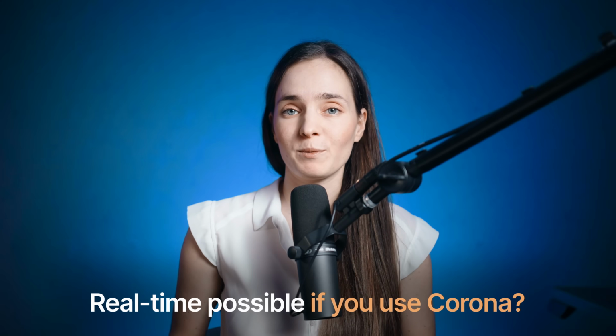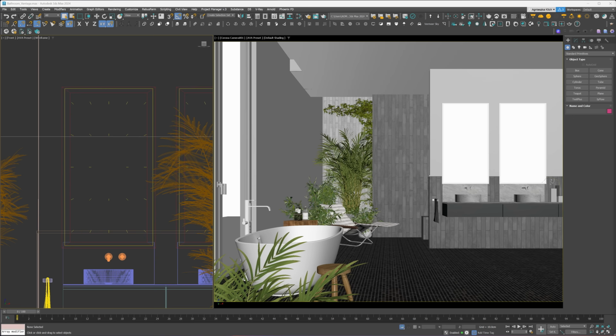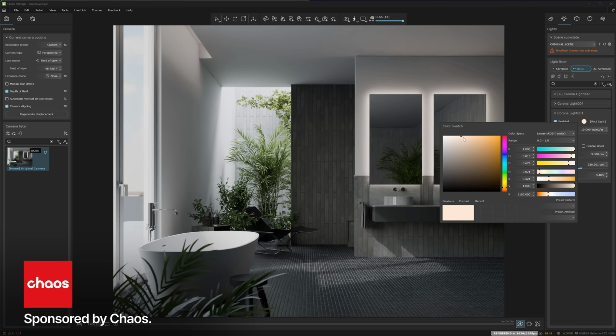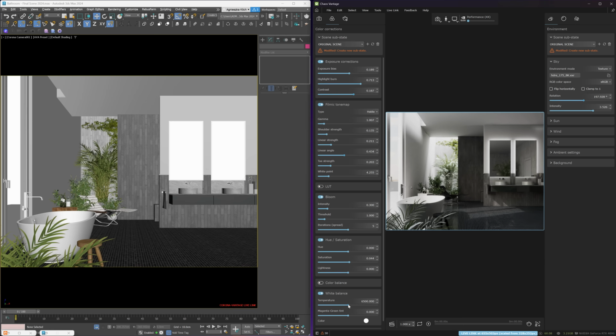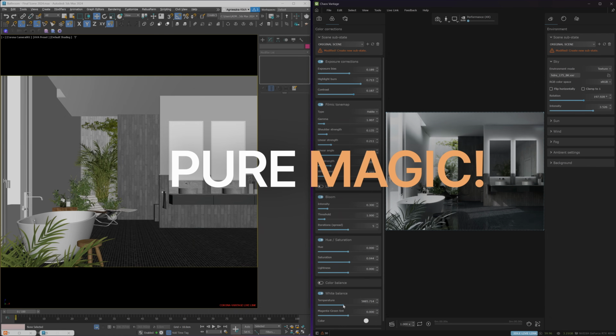What if I told you that rendering real-time is now possible if you use Corona? The new Corona to Vantage feature is a game changer. Imagine making instant lighting and material tweaks without waiting for a render. Pure magic. In this video, I show you how this powerful feature works and why it can seriously speed up